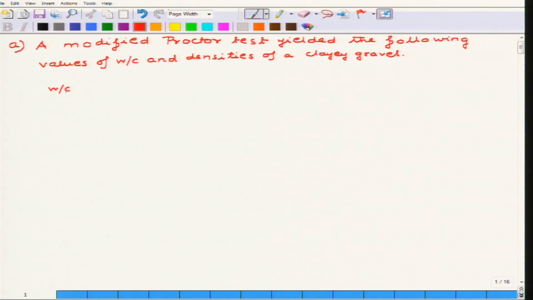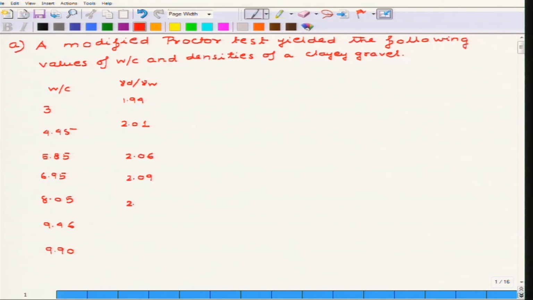Now the values of water content are given as 3, 4.45, 5.85, 6.95, 8.05, 9.46, 9.90, and the corresponding gamma D by gamma W is given as 1.94, 2.01, 2.06, 2.09, 2.08, 2.06 and 2.05. Now it is asked in the question to draw